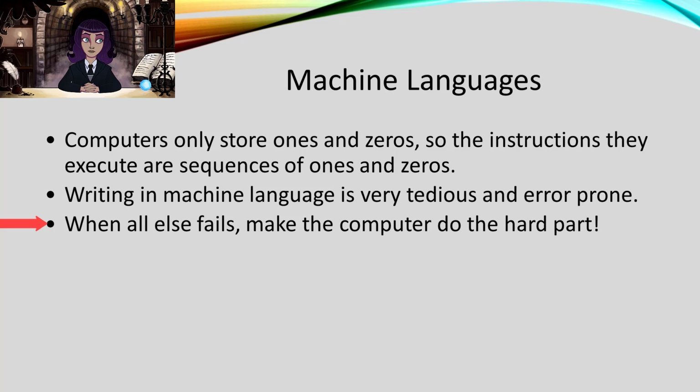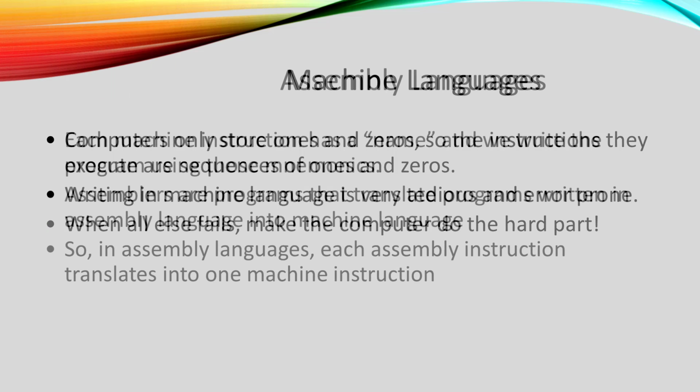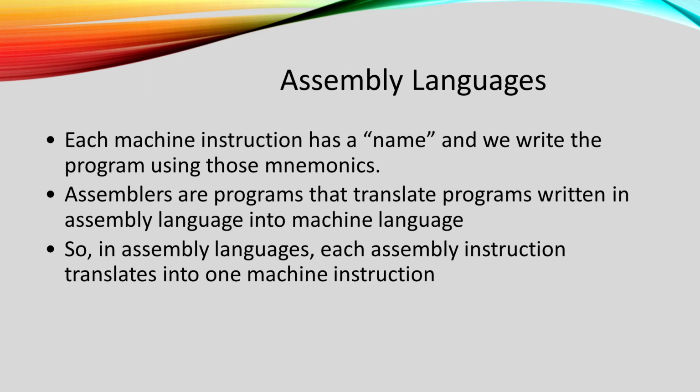Software engineers don't like to do boring, tedious things. Whenever we can, we write a program to make the machine do the tedious part, so we get to do the fun part. In order to hide the tedium of machine languages from developers, we developed assembly languages. In these languages, we essentially take the machine language and give names to the various commands and their attributes. Then we wrote programs called assemblers to translate that code that the developer wrote into the ones and zeros that